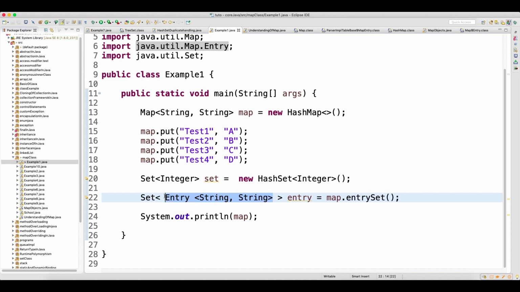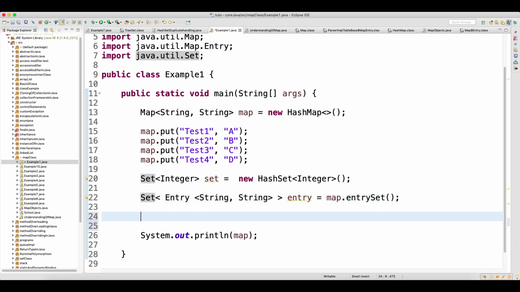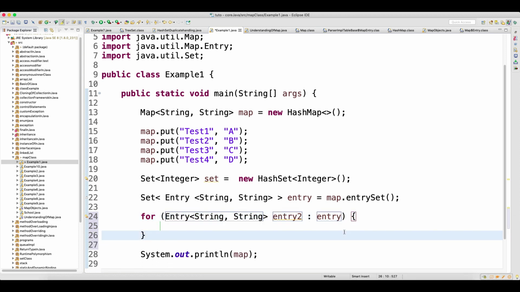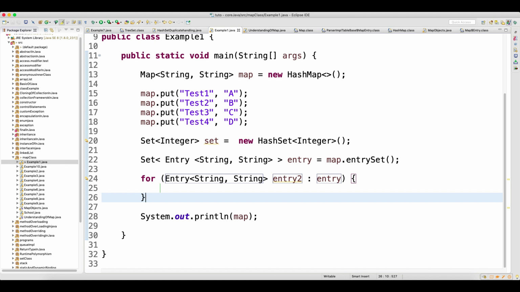So whatever you see, this is one object of type Entry, and this Set will give you the object of type Entry. So in the angle bracket, basically your Set will have what kind of object you will get when you make an entrySet. So basically you will get a Set of Entry objects. You will get a Set object, inside the Set object you will have an Entry object, right? Now run a for each loop. Just write foreach, Ctrl+Space, click on the first one. Okay, one automatic for each loop will get created. You don't need to write any code.